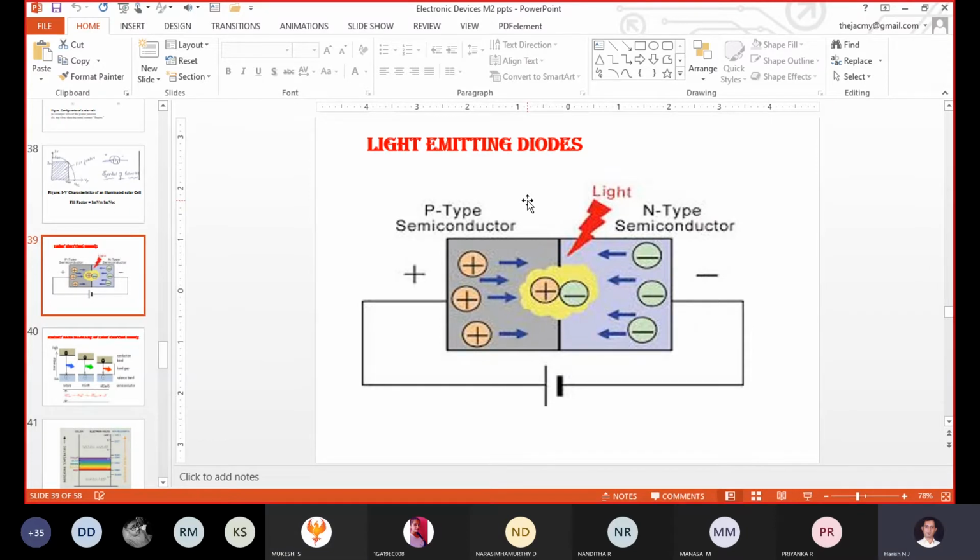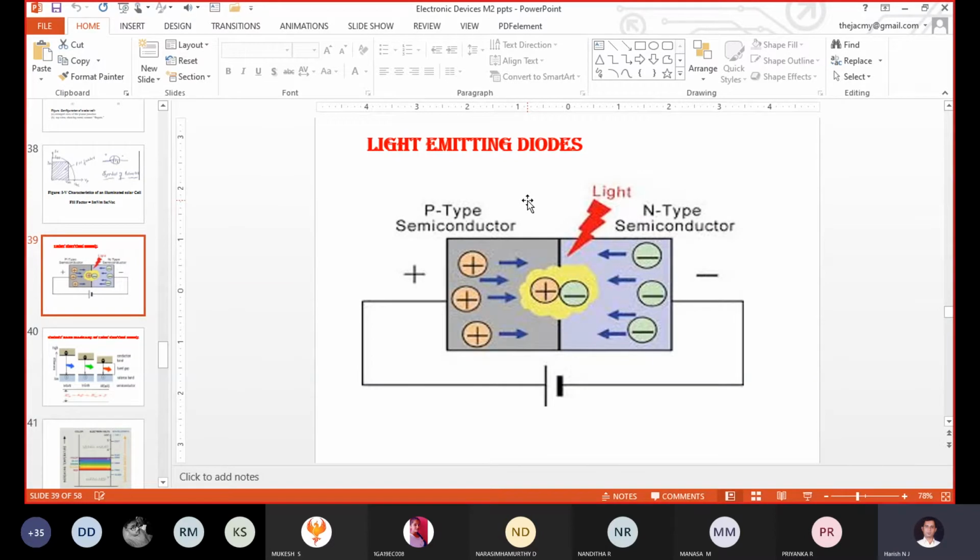Correct. So what LEDs are we using in the remote? It may be a TV remote or a remote controlling many electronic gadgets. It may be an AC, a fan, a TV or a refrigerator, whatever it may be. So it transmits a signal to that particular electronic gadget, but that light we are not able to sense. Our eyes are not able to sense it because the frequency is in the range of infrared radiation.